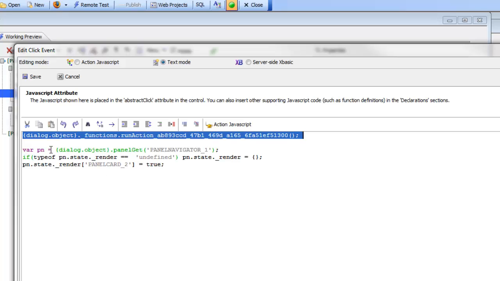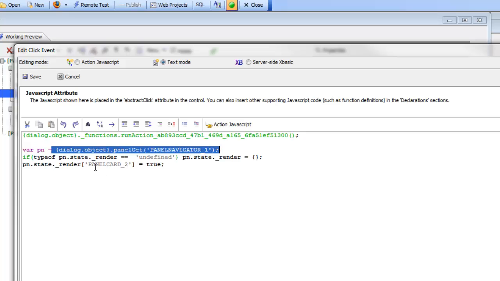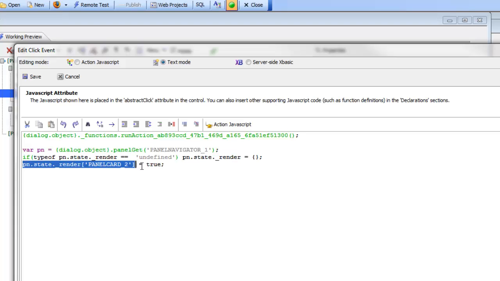So here we're getting a pointer to the panel navigator, and then we're saying that if the panel navigator's state._render object doesn't exist, then create an object and then put inside this object in the panel card 2 property the